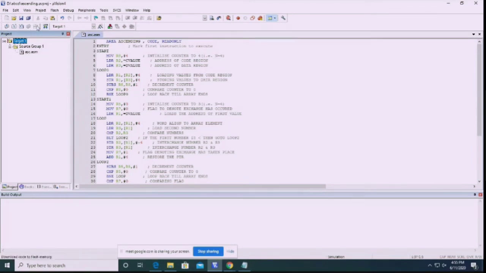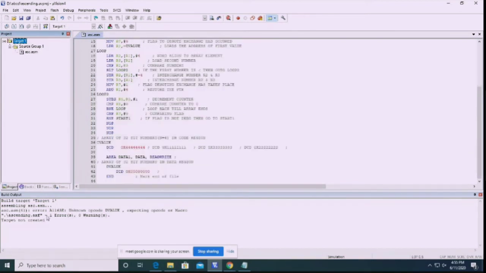Next, we'll check for errors. To check for errors, we'll build this program. We'll click on the Build icon, and the program will be built. Here we are having an error at line number 41. We can see that this D value does not start with a tab.